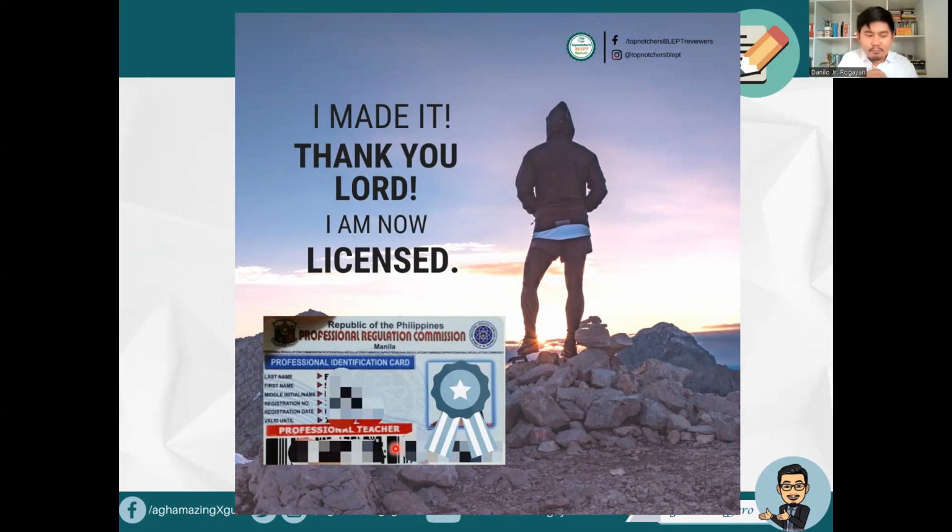So pag naipasa niyo yung board exam, anong mangyayari? Magkakaroon kayo ng addendum sa pangalan ninyo. Addendum or yung dagdag sa pangalan niyo sa dulo na LPT, which means Licensed Professional Teacher. Pero mailalagay nyo lamang yon right after you took your oath, no? Before the members, no, of the Board of Professional Teachers of the PRC.